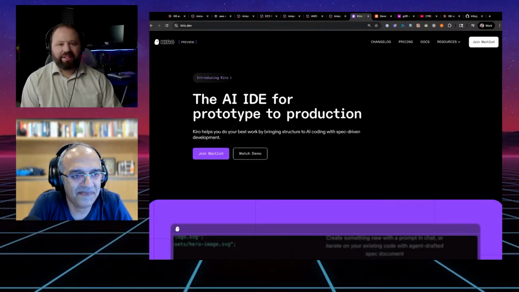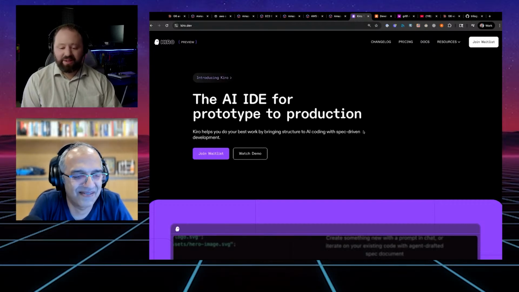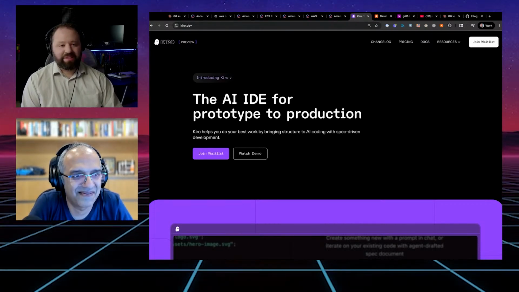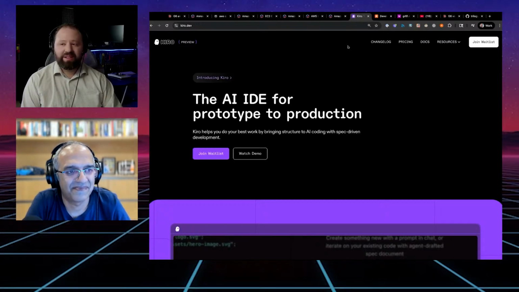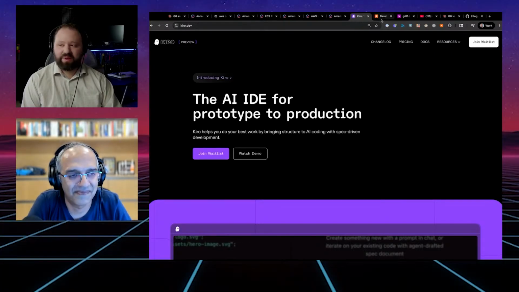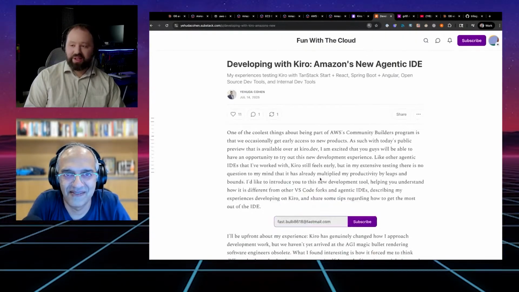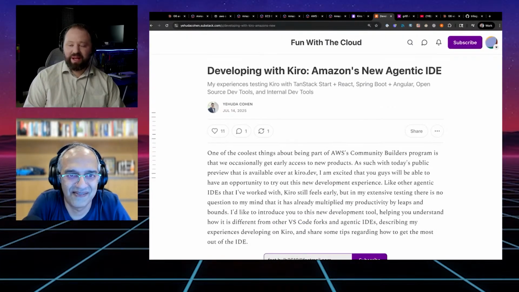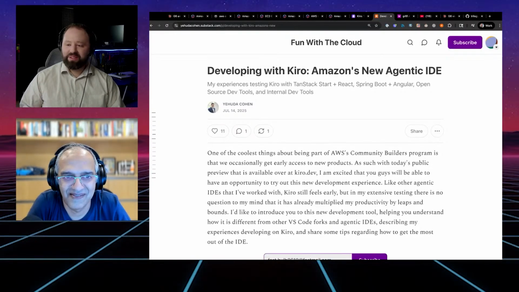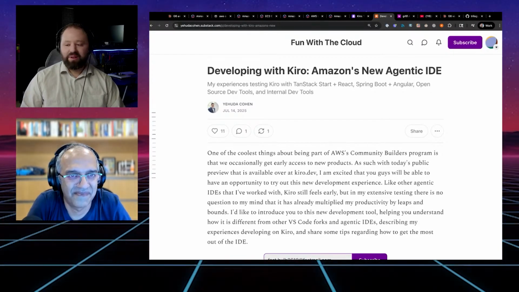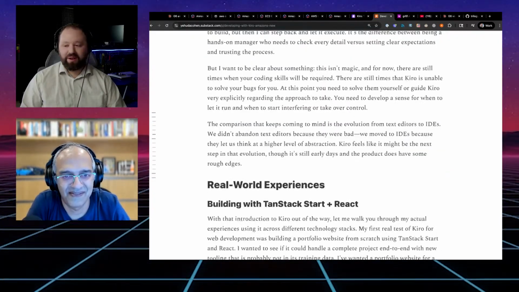One thing that I'm not clear on with Kiro, but luckily we have someone joining us later in the week to help us out, is how big and how detailed to make the specs, how to engineer the specs to make them as detailed as possible. I want to recommend, in the meantime, an article by my friend Yehuda Cohen about developing with Kiro, Amazon's new agentic IDE. Yehuda is an AWS community builder. He wrote this great article on how to use Kiro, how to make specs, and he's going to join us for an episode.